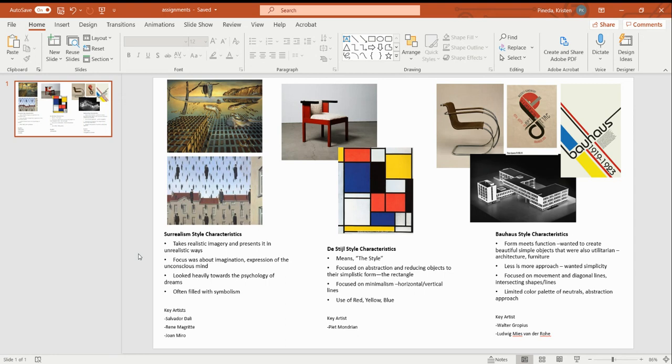Okay, so let's just define that real quick. It takes realistic imagery and presents it in unrealistic ways. For instance, this is one of Salvador Dali's. The clock is realistic imagery. The landscape or terrain is realistic imagery. These shapes, these rectangles are realistic imagery, but he's presenting it in a way that does not make logical sense. And it's unreal with what it's being able to do, such as a clock being malleable,